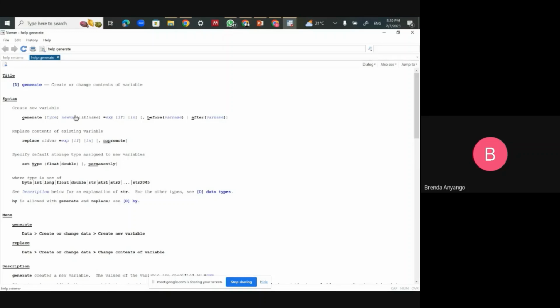And then you type the new variable that you're generating there, followed by the label name. This is also optional. You see it in the bracket. We shall see how to use this label name in another lecture. Sorry. And then we have this expression. This is a mathematical expression. It can be either equals to 1 or some other mathematical operation that maybe you're going to do here. And then we have the if command,